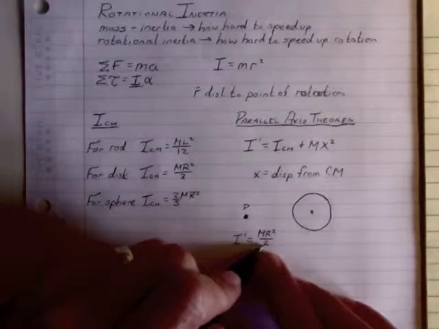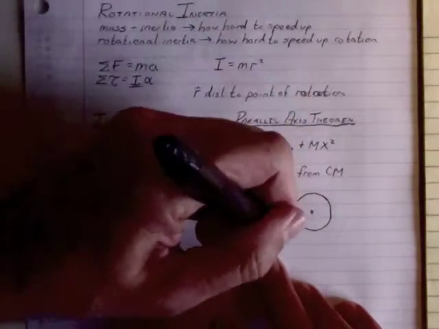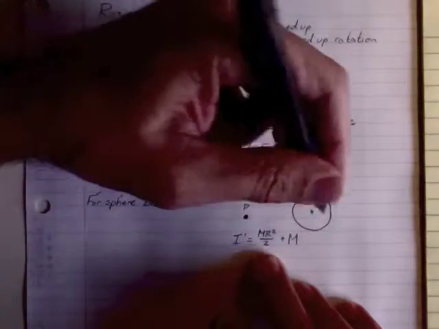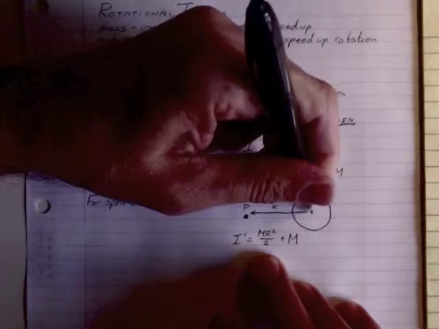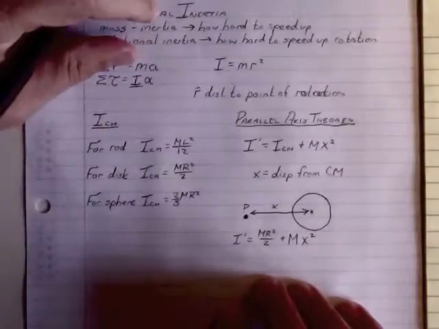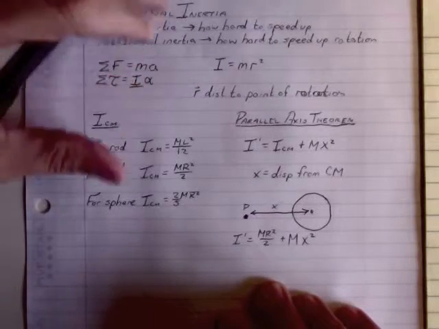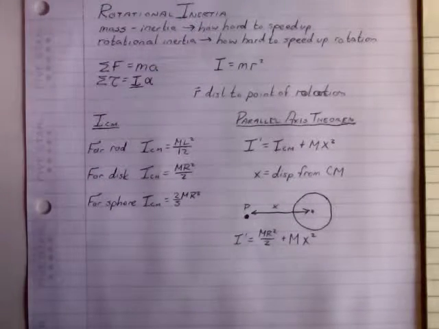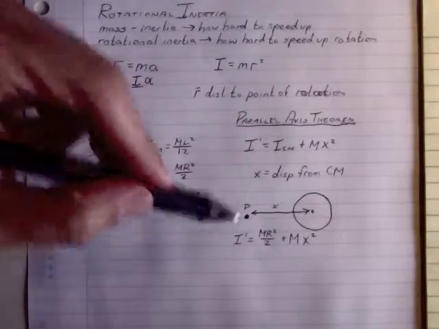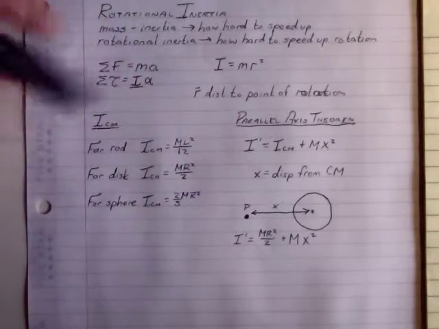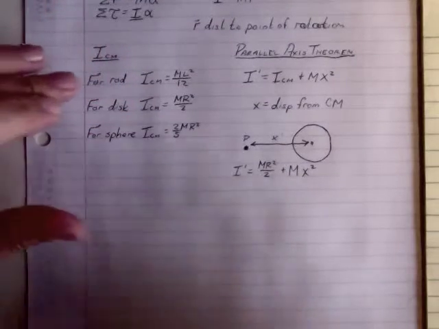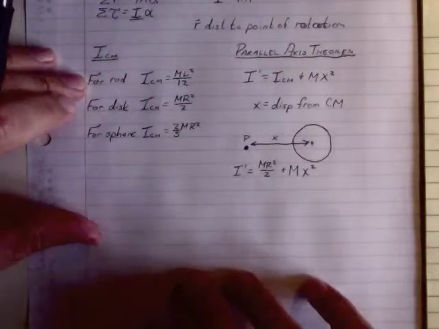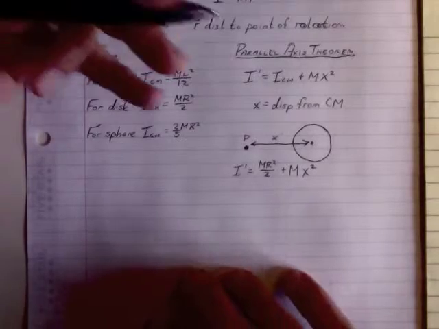So there's I center of mass, and then we want to add on this term, mass times x squared, how far we're moving that center of mass, mx squared. Okay? So we're almost done. Now, all we want to do for complex systems is apply this parallel axis theorem if it's off center. If it's not on the center of mass, we apply the parallel axis theorem over and over for each object